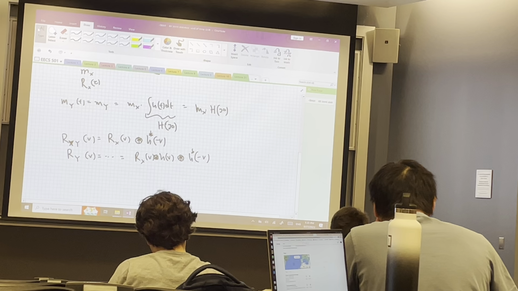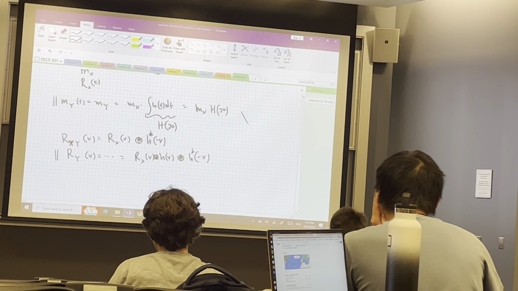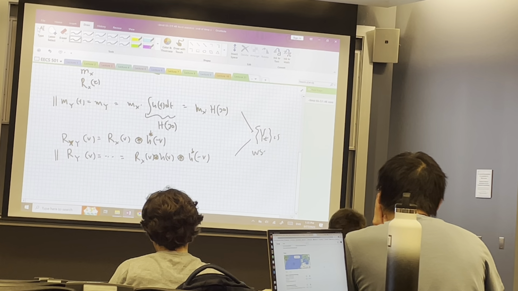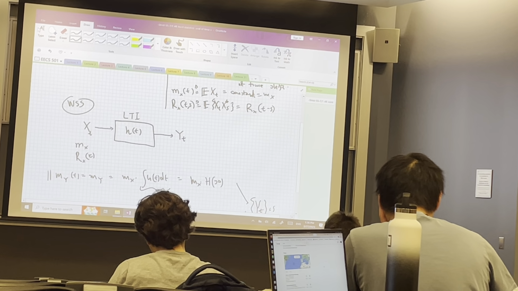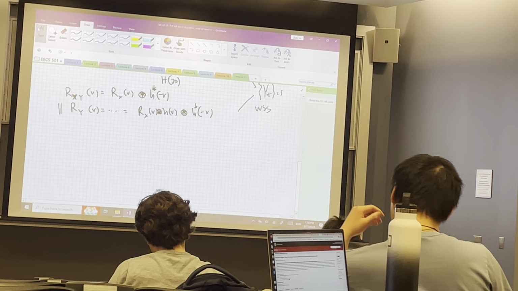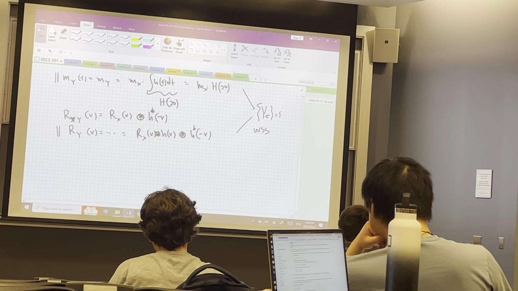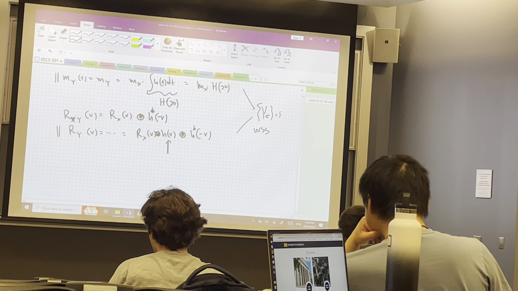Because we realize that this is a constant and this Ry depends only on one variable, we deduce from here that also y of t is wide-sense stationary. And so we said a wide-sense stationary input through an LTI system produces a wide-sense stationary output process. Okay? And finally, we realized that because of all this convolution, it's best if we work in the frequency domain,